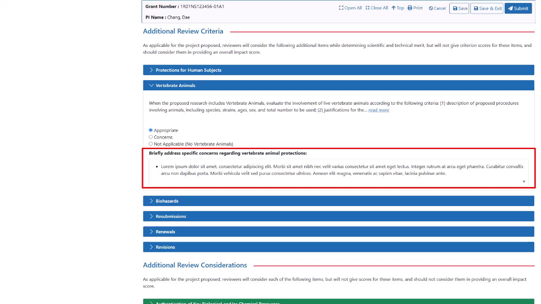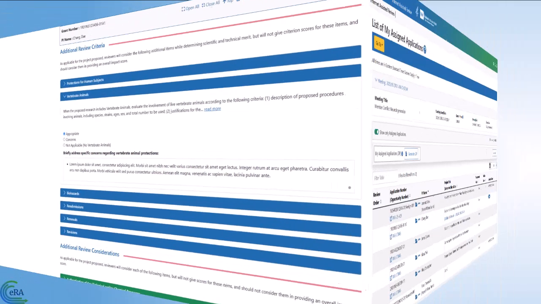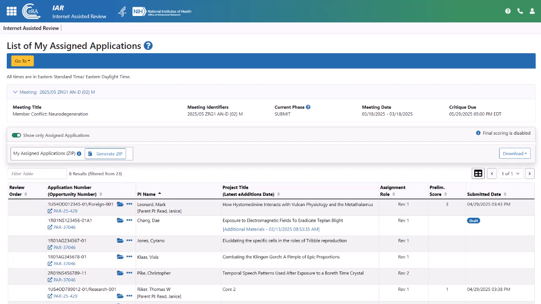As you complete the sections, you can always save your progress by clicking the Save button, or if you need to leave the screen and come back to it later, use the Save and Exit button. When you return to the List of My Assigned Applications screen, you see a draft badge in the Submitted Date column. Click the three-dot ellipses icon in the application number column and select Submit Critique to reopen the online critique